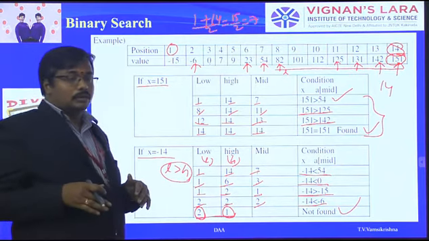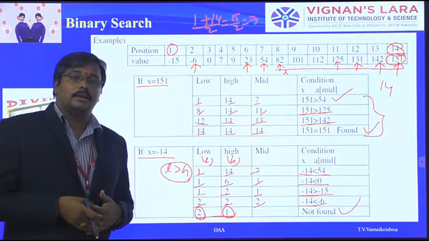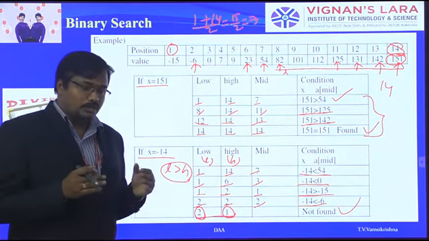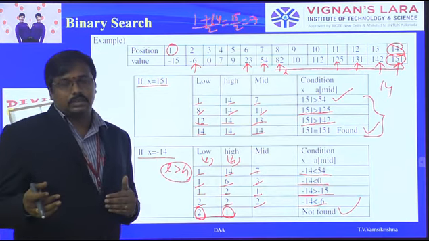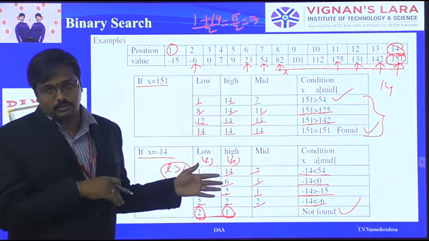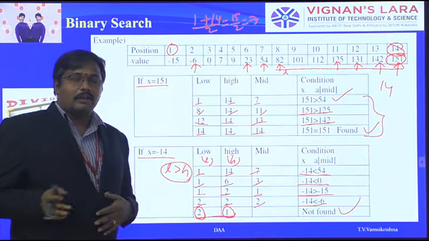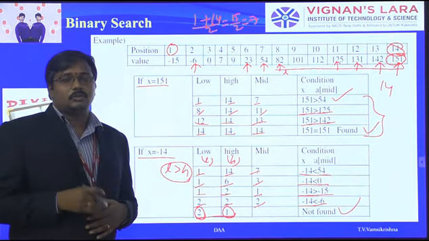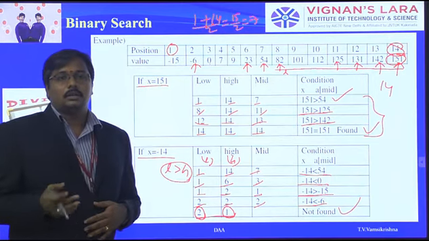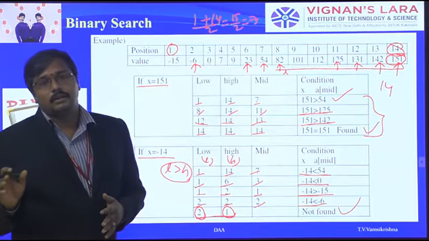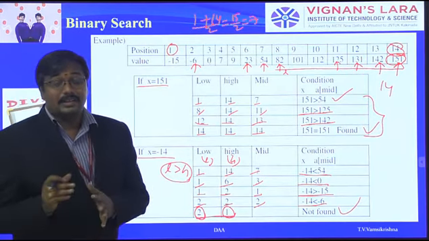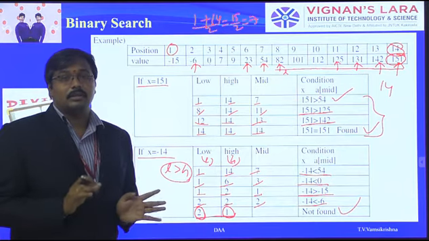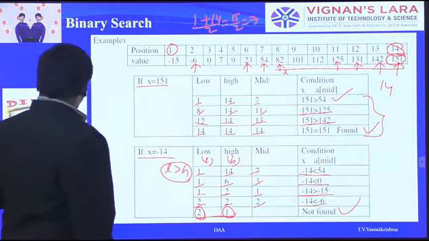So what we have to do is, each and every time we calculate the mid element, and based on the mid position we check whether the probable position of the required element is in the lower array or the higher array. So based on the logic we move accordingly, and we apply the binary search technique again on the right hand side of the array or maybe the left hand side of the array.